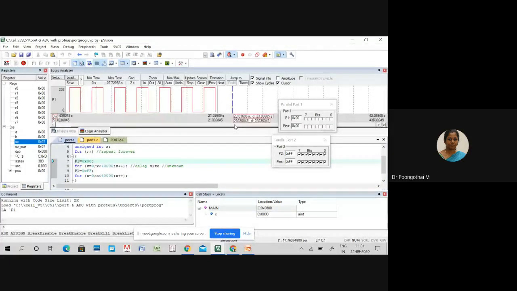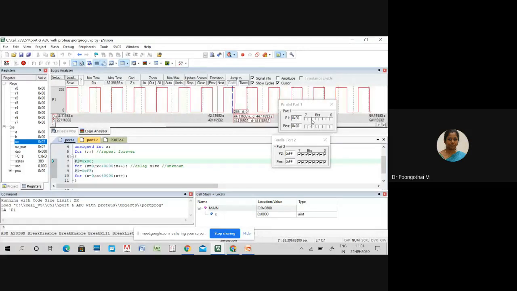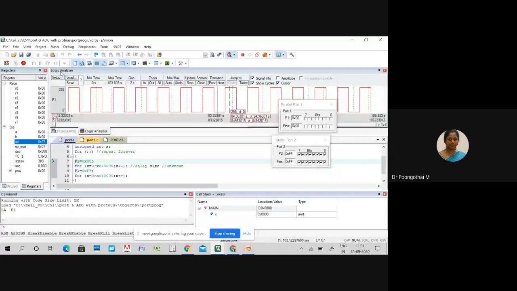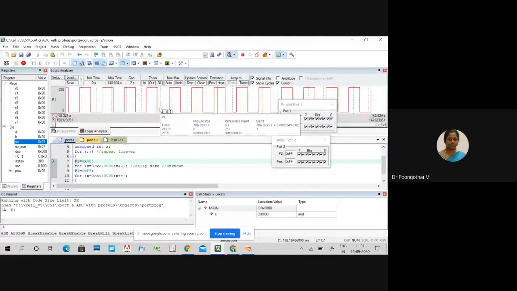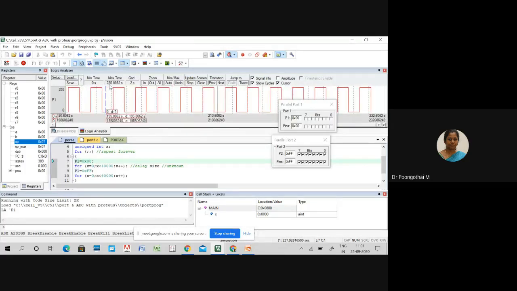So run this code. 00 and FF are continuously moving into P1. At the same time, in the logic analyzer, you can see the square wave being generated with some unknown delay. The delay size is 170, nearly 1 point something, 220, 240, continuously it has been increasing.